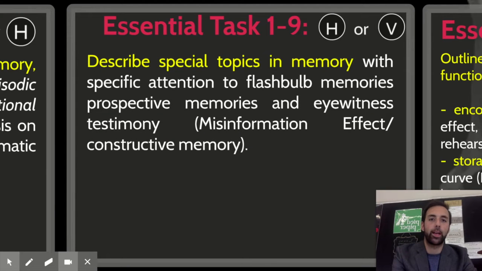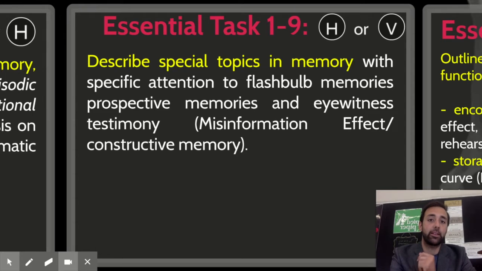In Essential Task 1.9, we are going to be talking about what I call special topics in memory. So far in Essential Task 1.7, we've identified the steps involved in memory, from that first sensory register with sensory memory, to the encoding process and the connection with short-term memory, storage, sometimes called long-term memory, and then the retrieval